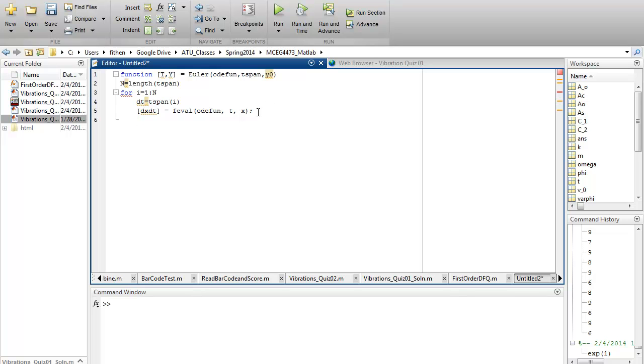Then I'm going to go back and say if I'm at a certain time at this point, if I have this derivative, I'm going to assume that the distance between any two members of t-span is the same, so therefore dt is equal to t-span 2 minus t-span 1. And then I'm going to say x sub i is equal to,